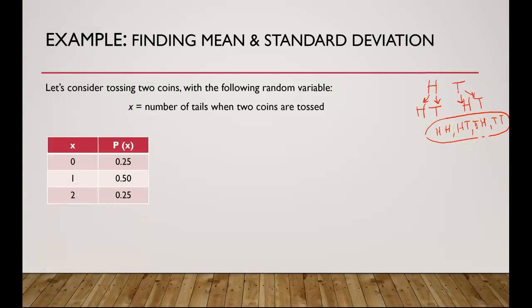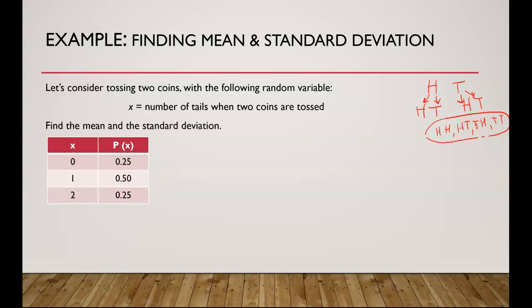Let's build the probability distribution table. Out of 4 possible outcomes, tails come up 0 times, 1 out of 4. There's one time when we have head, and no tails. One tail comes up 2 out of 4 times, or 0.5. One tail, 2 times: head, tail, and tail, head. And 2 tails come up 1 out of the 4 outcomes. 1/4 equals 0.25 as a decimal.